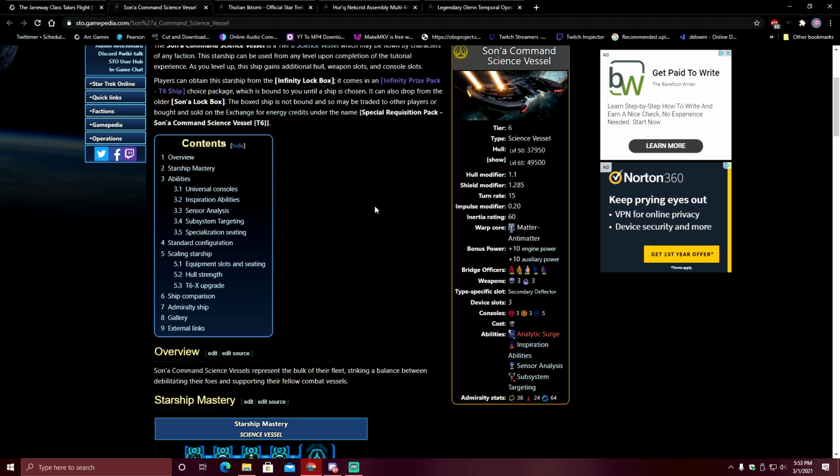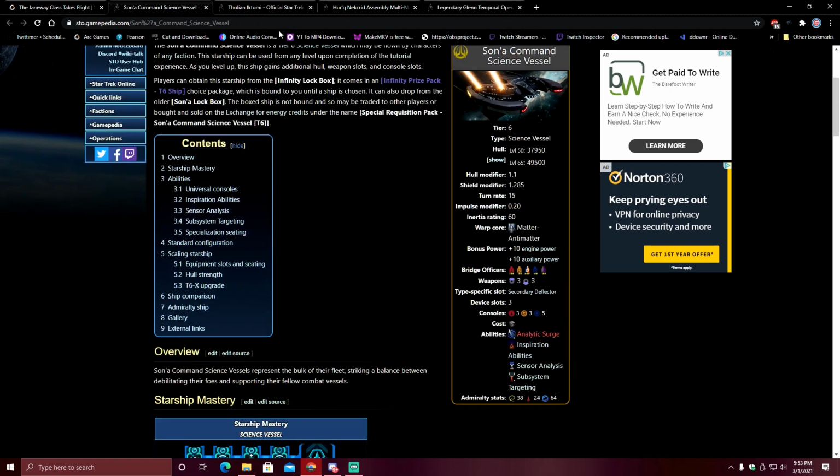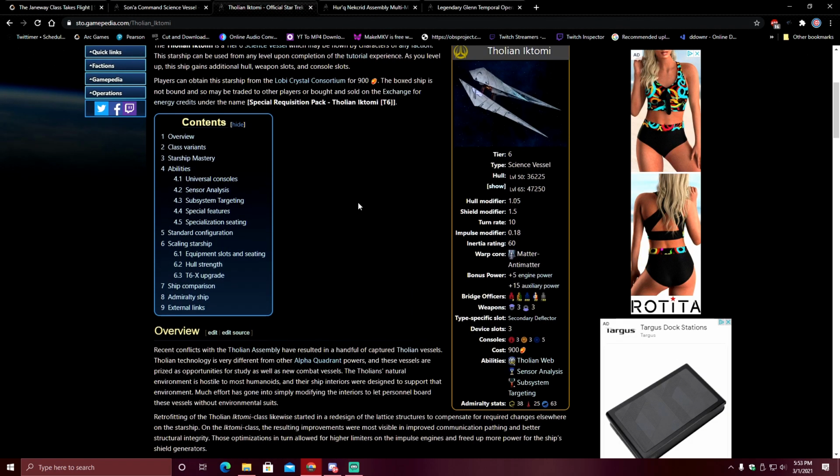So, anyway, it's interesting. Then you had the Tomi, which I felt also really screamed in comparison, for one significant reason being, even though the Commander Science is a pure Commander Science, it has the Miracle Worker command setup, except for the fact they're flip-flopped. Now, I would much rather consider this ship a pure science vessel over the Voyager J, for a simple reason being